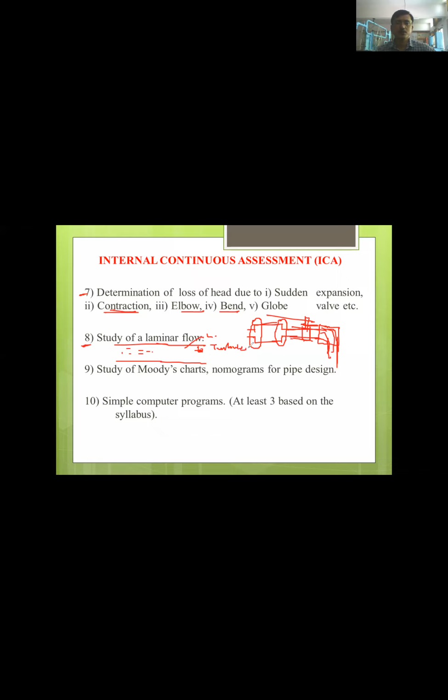Okay, that we are going to determine by just observing, or visualization also we can determine whether the flow is laminar or turbulent. In this particular experimental setup, we use one kind of dye chemical. We are going to use liquid chemicals, and it is going to flow here along with the water. Okay, and there is a transparent pipe here, so we can see inside the pipe what is happening there.